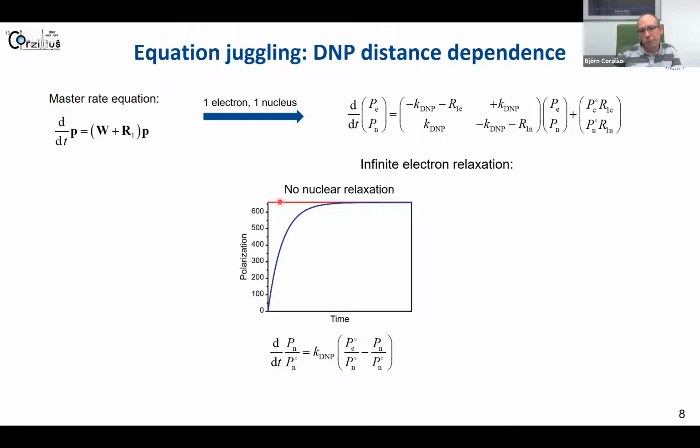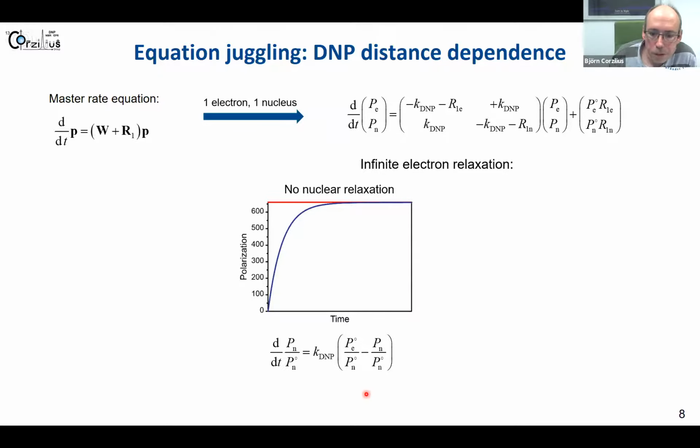That means our electron spin, shown here in red, is always maintaining maximum polarization, so 660 if it was a proton, for example. And the other nucleus can creep up here and attain the maximum theoretical enhancement. And then we just arrive with this exponential buildup